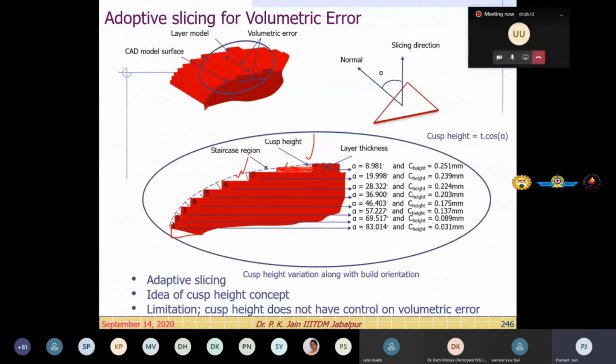So if layer thickness is reduced in this area, you have to tell it to your system, right? That here the volumetric loss is, suppose I say 5, then you want it to be 4. Then you should recalculate, reprogram, and with reverse calculation, you should know if I reduce this layer thickness up to this point, my volumetric error would be within the 4 millimeter cube, right? So layer thickness here, say for example, I would say 200 micron, but here you can say it is 175 micron, right? The next challenge is with the machine.